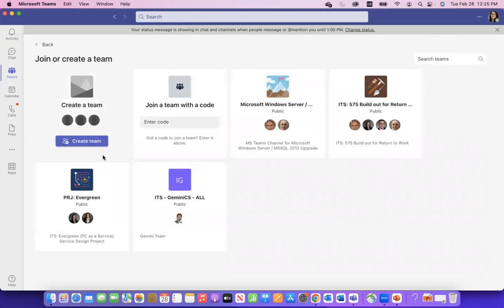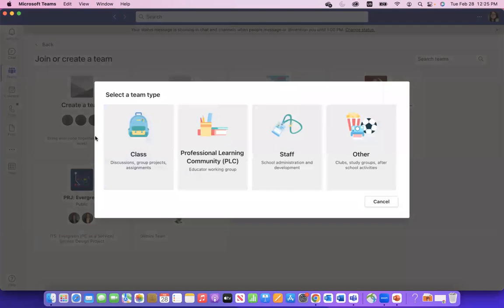So here's the icon to create a team, but a really quick note: you may see that there are some public teams that you can join because the owners have made it that way in their settings. So if somebody wants to join, they can. And also, if you ever get a code that says, hey, join my team, this is where you would enter it. All right. I'm going to create a team today, but I want to create a private team that's only for those 10 people or so that I want to be part of it. So let's create it together.